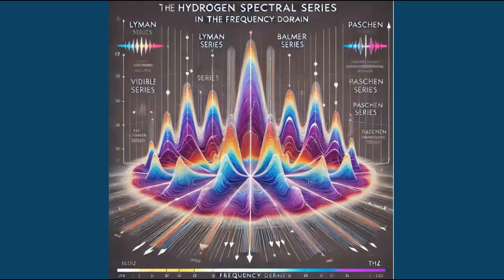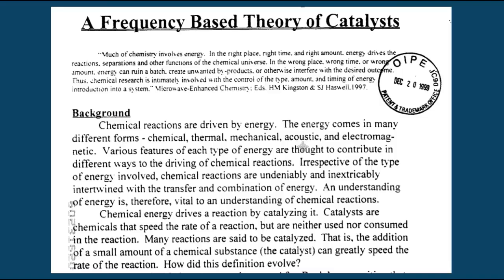This is Fractal Woman, and today we're going to be talking about the hydrogen spectral lines. These are the spectral wavelengths/frequencies that the hydrogen atom emits when electrons transition from one level to another level. The creation of this video was inspired by this paper right here, a frequency-based theory